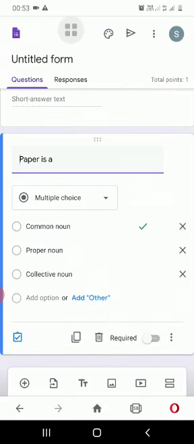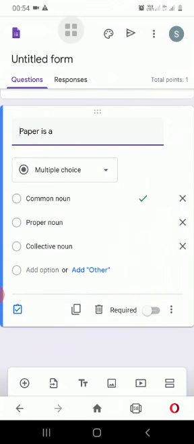So this is our question. Paper is a, and it is a multiple choice format. So common noun, proper noun, collective noun are the options, and the correct answer is common noun. I have ticked it over there, but this will not be viewed by the students because the settings are arranged so. Now the required field, should I enable it? No, because I think this should not be a mandatory question, because if the student doesn't know the answer, he's free to skip it, right? Okay, the next thing,